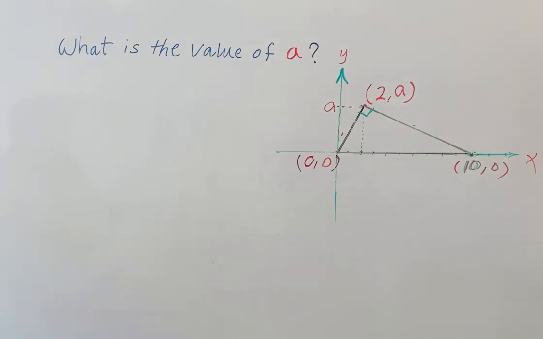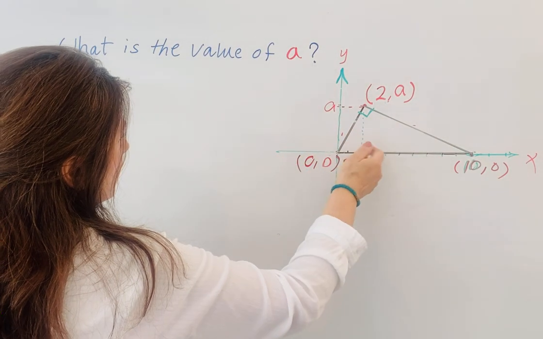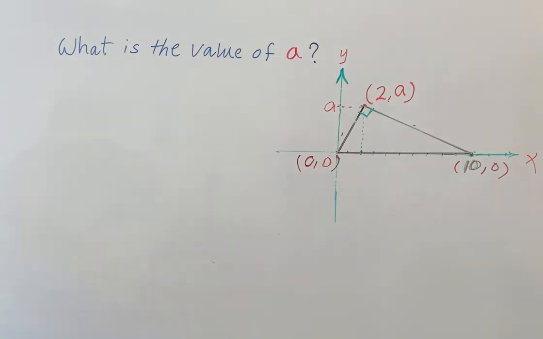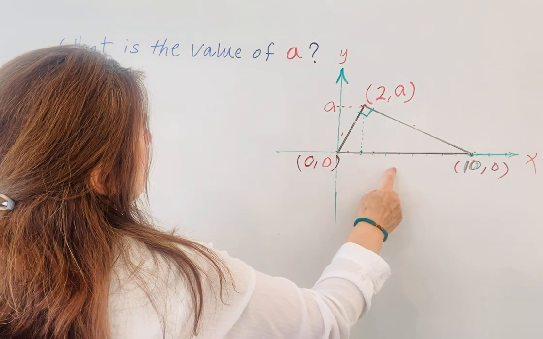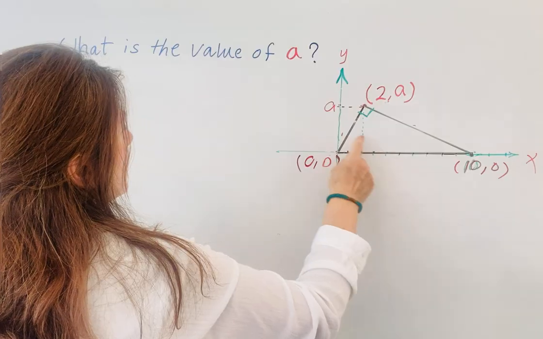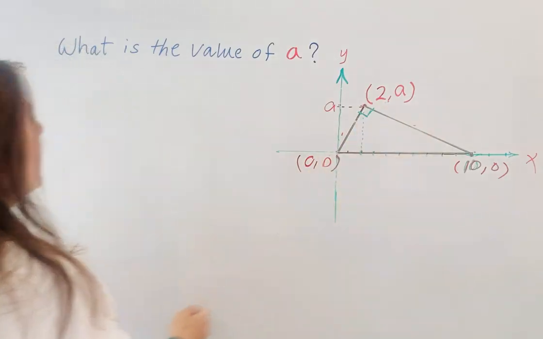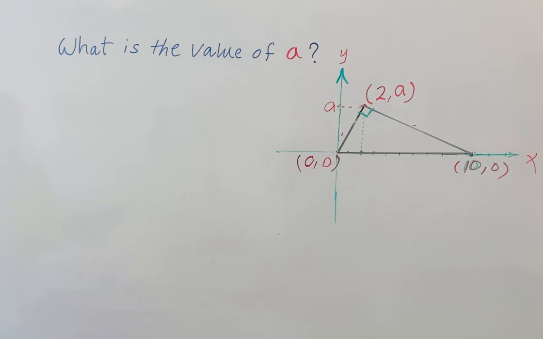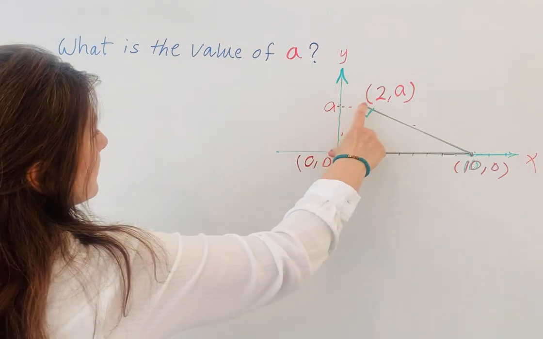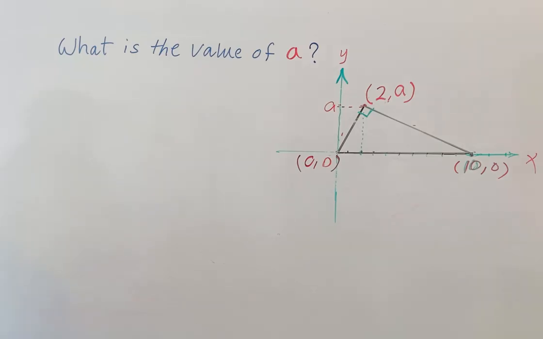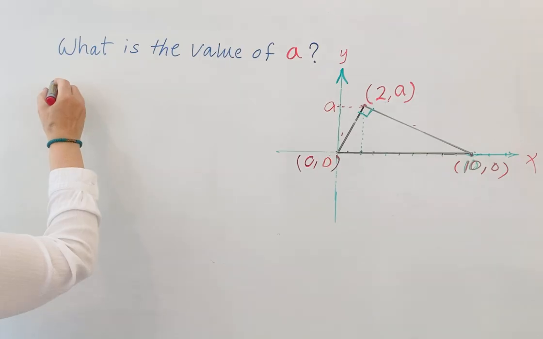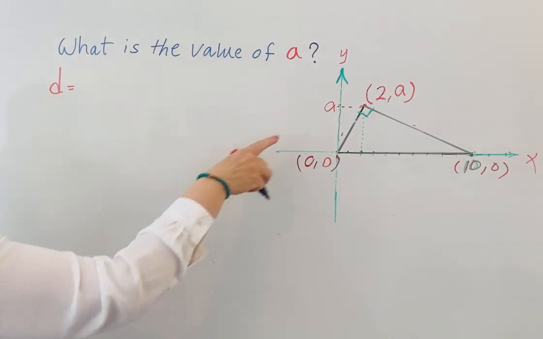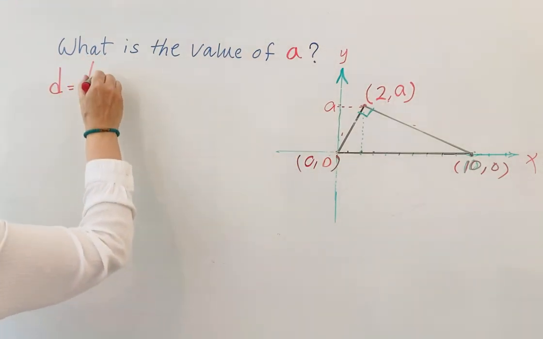Usually we know that this is a right triangle because the problem gives you that. Before, we would use the Pythagorean theorem, where the hypotenuse squared is equal to the sum of the squares of the other sides. But we have a formula for finding the distance of 2 points on a coordinate system. When you have the coordinates of 2 points, we can use this one. The distance of 2 points is the square root of